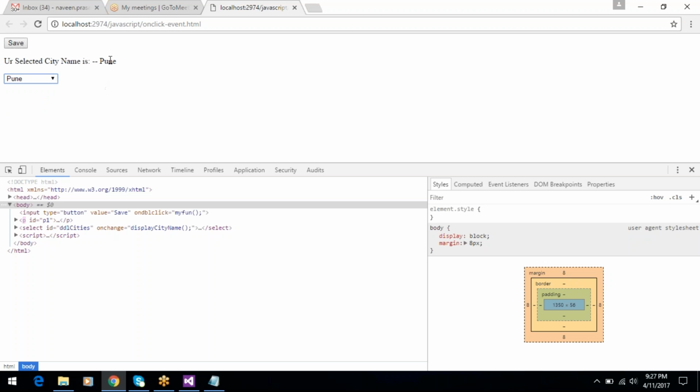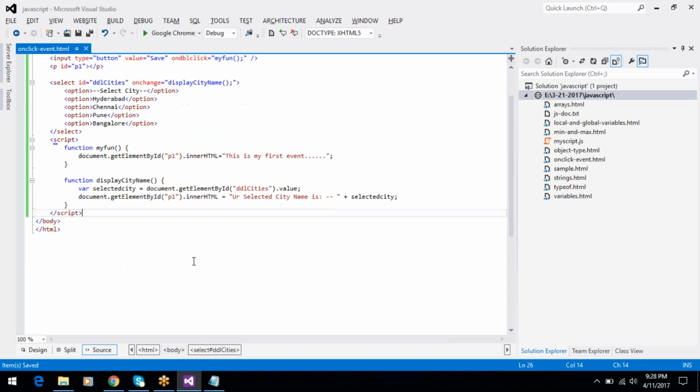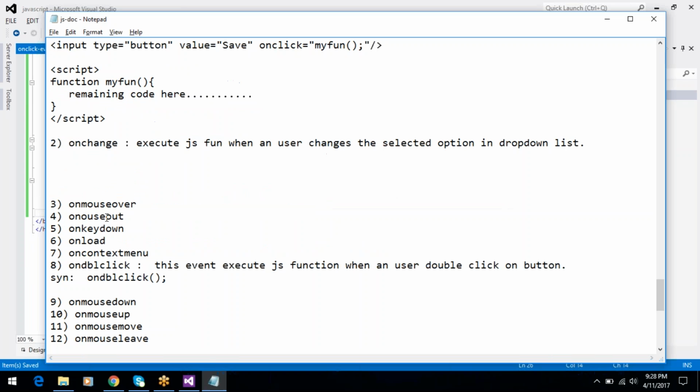So you will get the selected value from the drop down list when you use on change event. Okay, so like this you will get the value from the drop down list. So this is on change event,